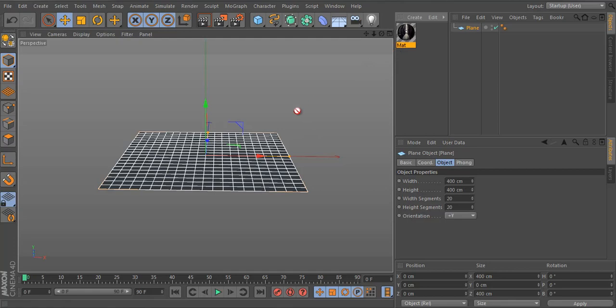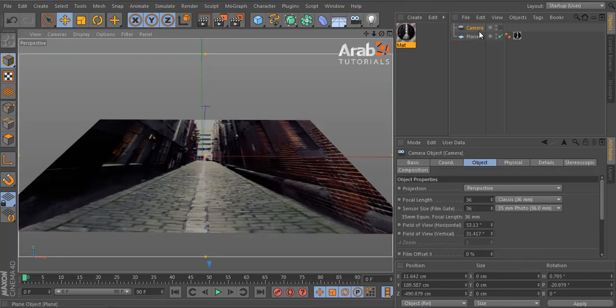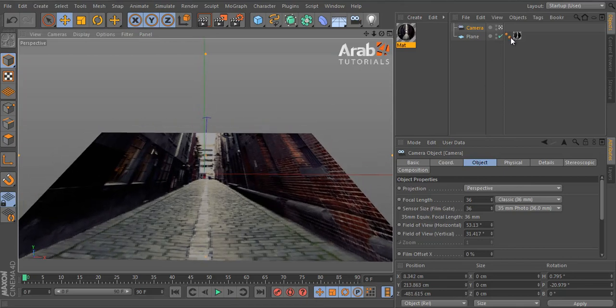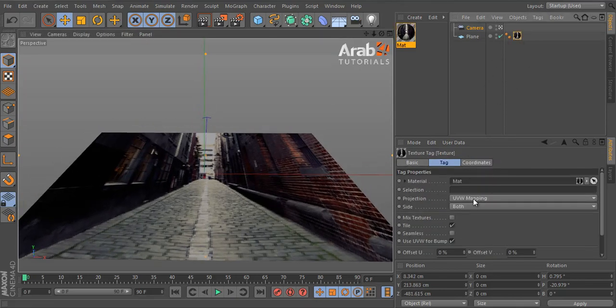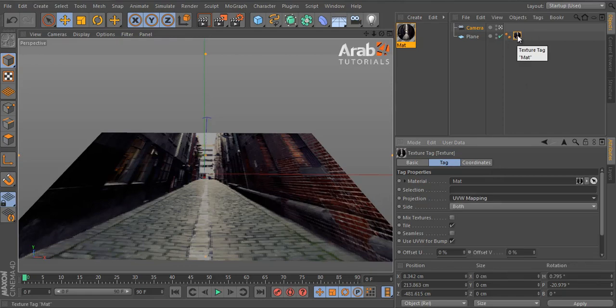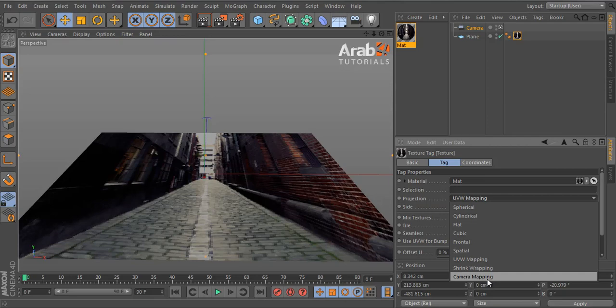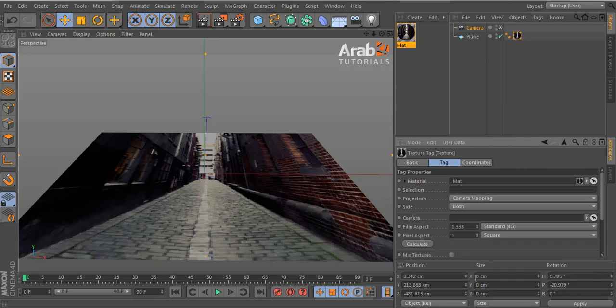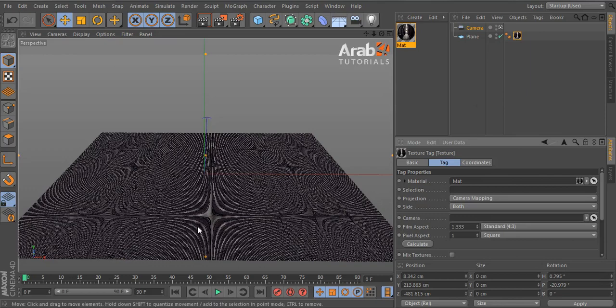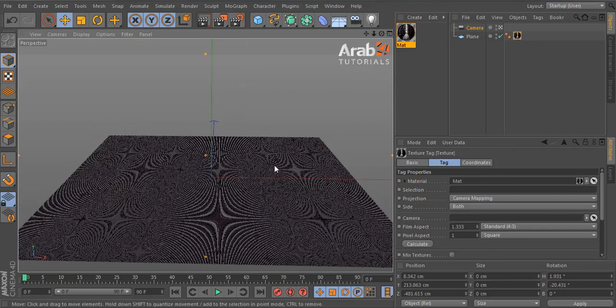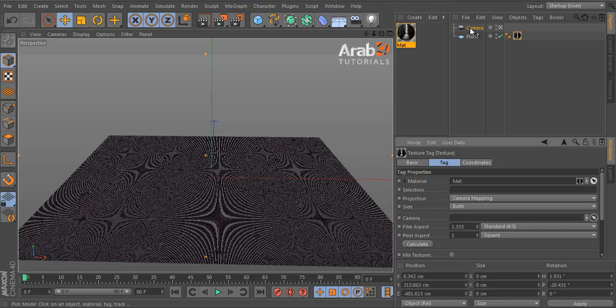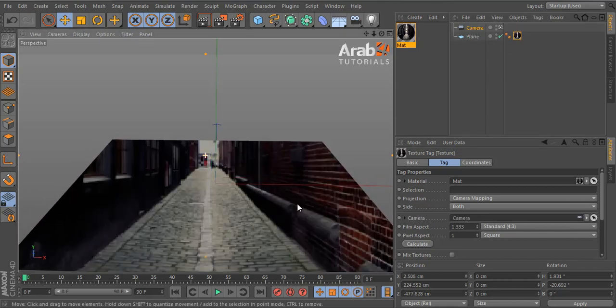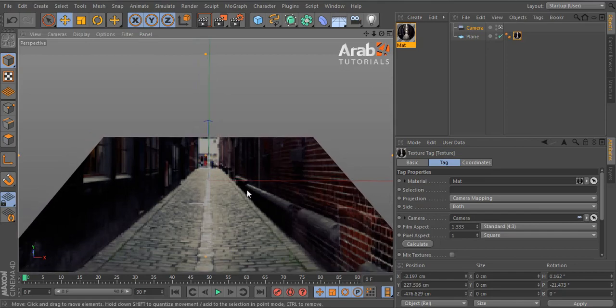And we're going to use the easy way with the camera and material tag, projection camera, from the tag here, camera mapping from the projection. There are maybe two ways to do this. This one is one way, and the other way is with the calibration, but I will use this easy way. So let's drag and drop our camera into this link, and as you see now